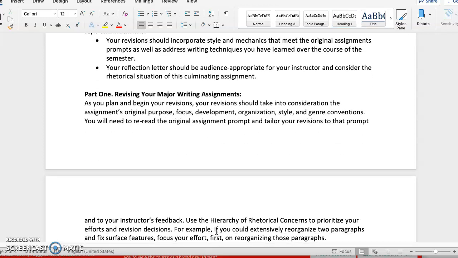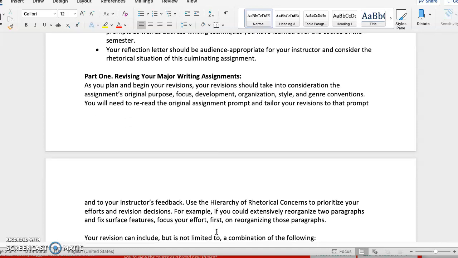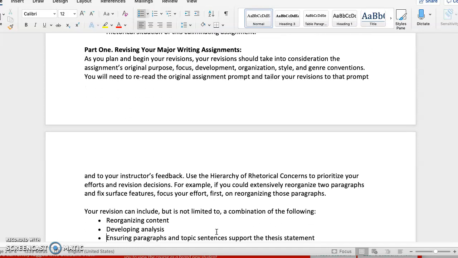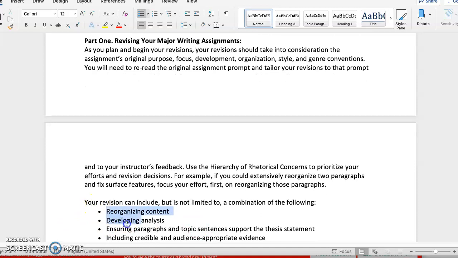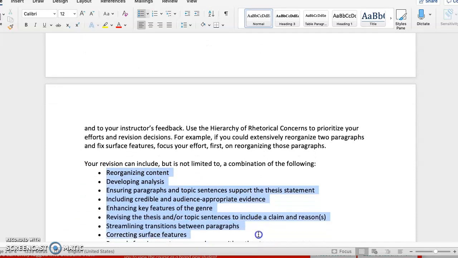Part one will be a revision of your major writing assignment. In a separate video, we will go through a PowerPoint with you of a couple revision techniques. But you're going to reread the original assignment prompt and tailor your revisions to the prompt and to my feedback, using the hierarchy of rhetorical concerns as your guide. And this revision can include some combination of reorganizing content, developing analysis, ensuring paragraphs and topic sentences support the thesis statement,